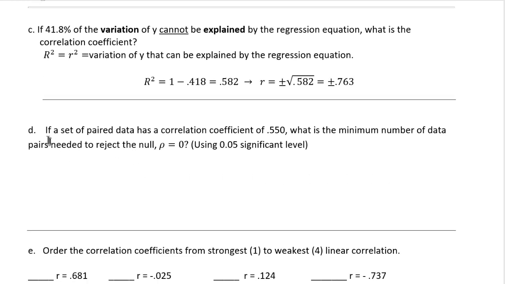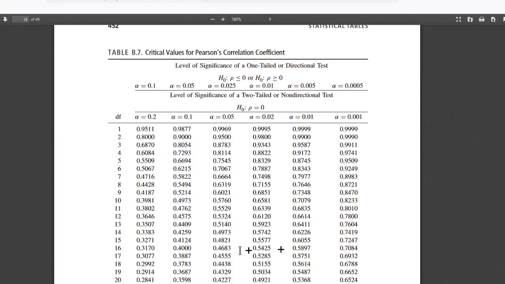Okay, part D: if a set of paired data has a correlation coefficient of 0.550, what is the minimum number of data pairs needed to reject the null rho equals 0 using a 0.05 significance level? Well, for this you have to use the rho test, and you need to use the rho table. And here's the rho table. And as you can see, for this significance value 0.05,